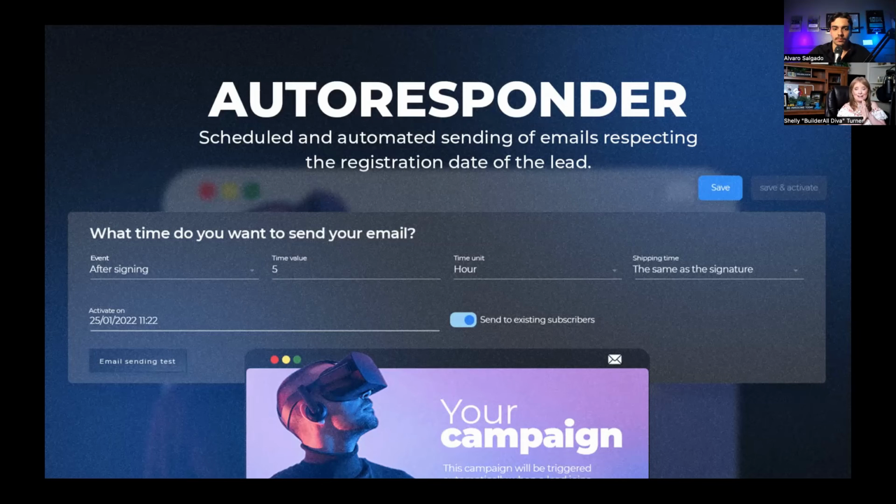So let's say that they sign up on a Monday. You can pre-create emails, put them into the system, and designate when those emails are supposed to go out based on when they join your list. And it will take that person and send out all the emails automatically based on the settings that you've already configured. So you basically set it up and let it run. There's no more jumping into an email client and typing out emails and send, and typing out emails and send. This autoresponder does it all automatically for you. Once you set it up, you can step back and let it do its work.